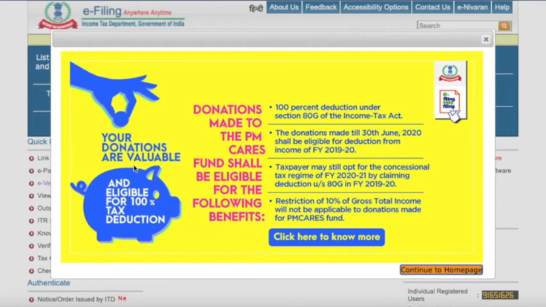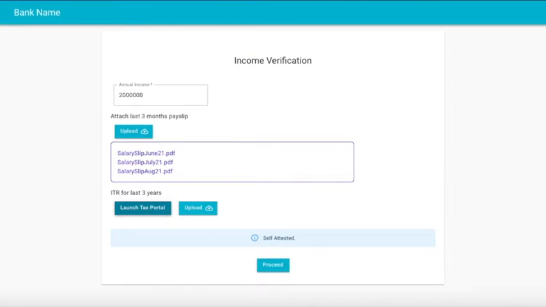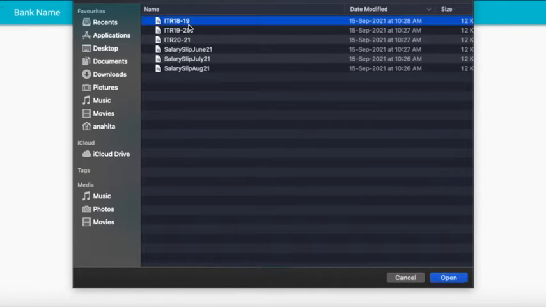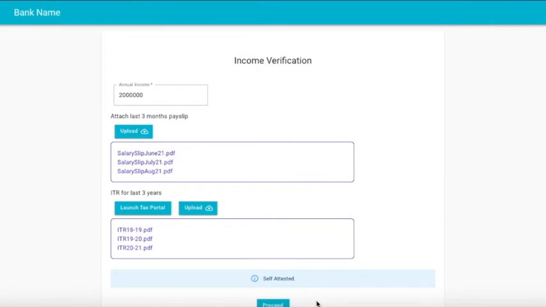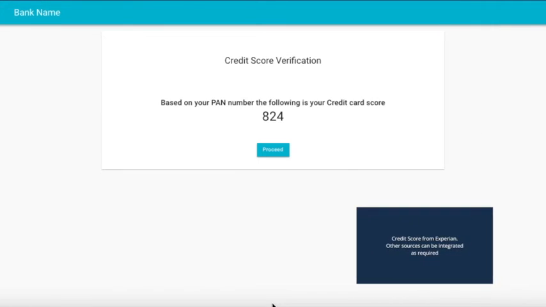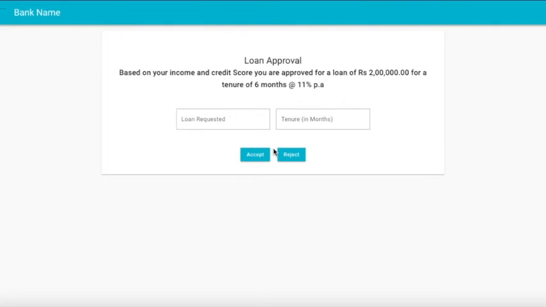ITR can also be downloaded from the tax portal through the option provided. The customer's credit score is extracted from designated credit bureaus.